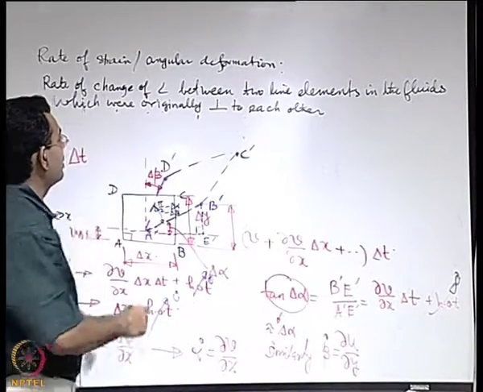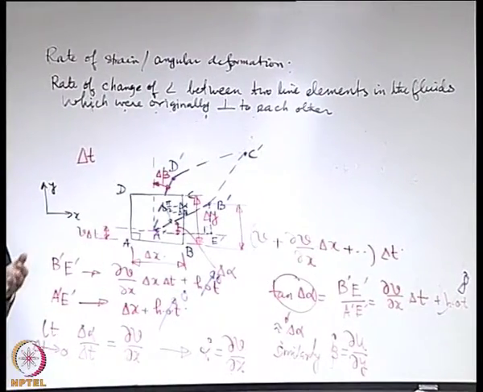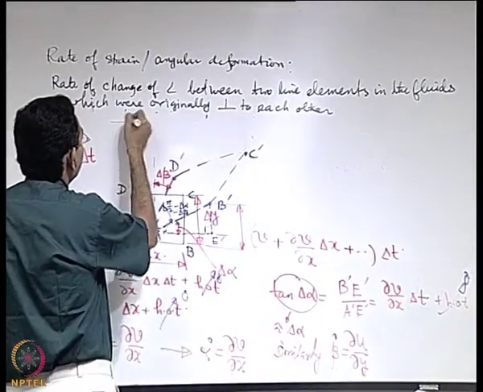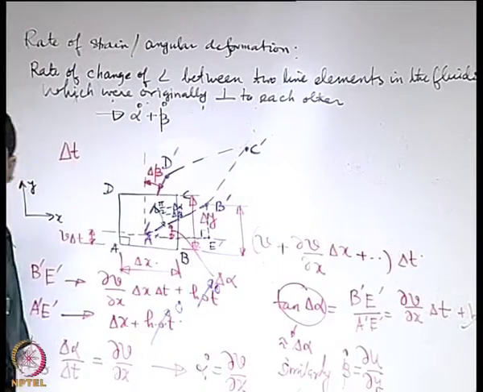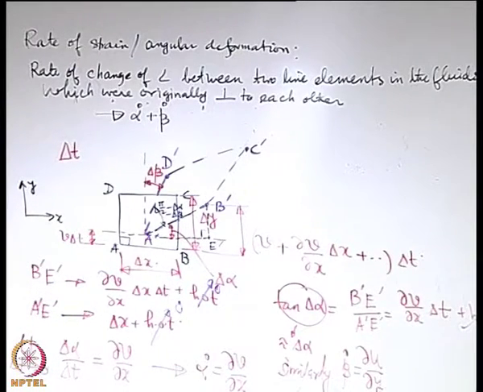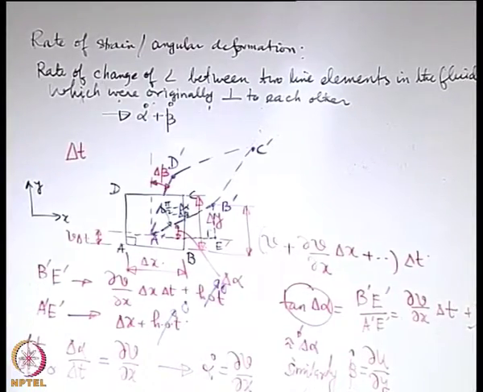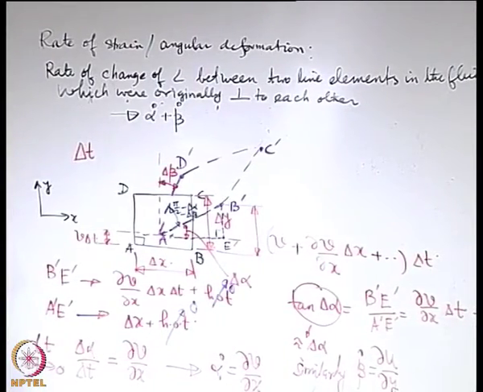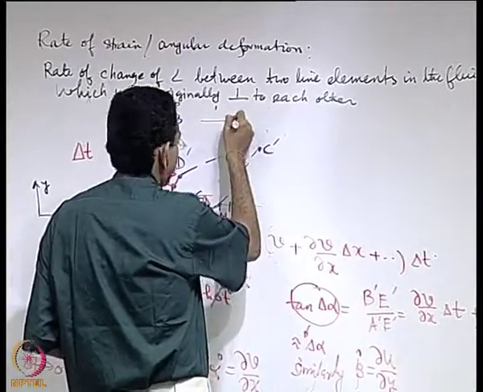So, it becomes delta alpha plus delta beta, that is the total change. So, the total rate of change is alpha dot plus beta dot. It is like delta alpha plus delta beta is the change, the rate of change is you divide those by delta t and take the limit as delta t tends to 0. So, this is nothing but